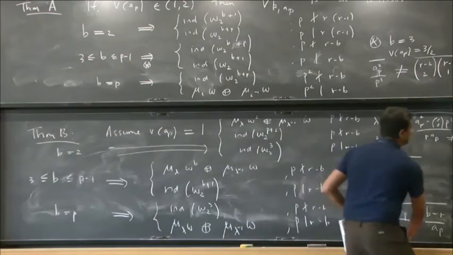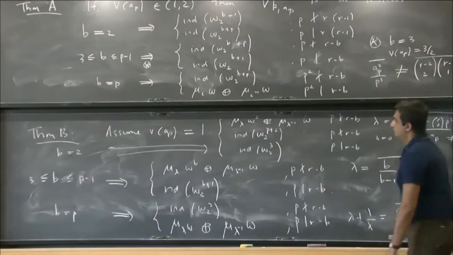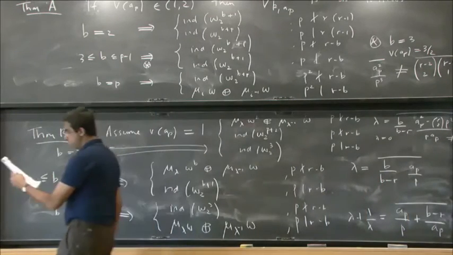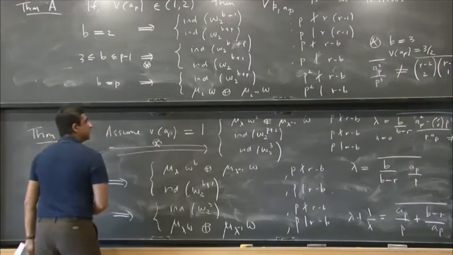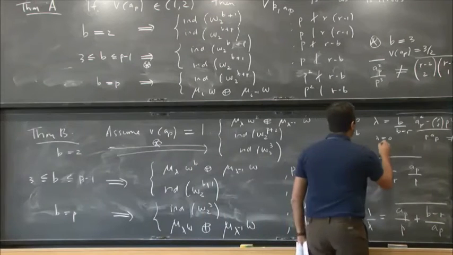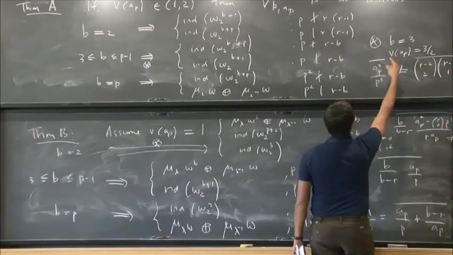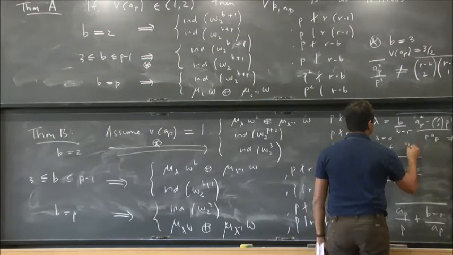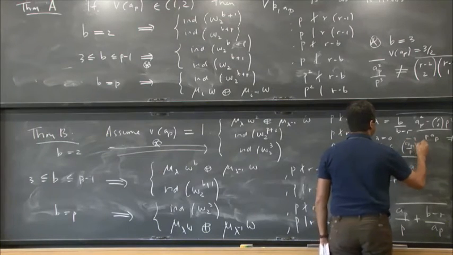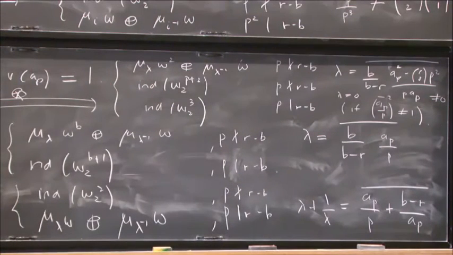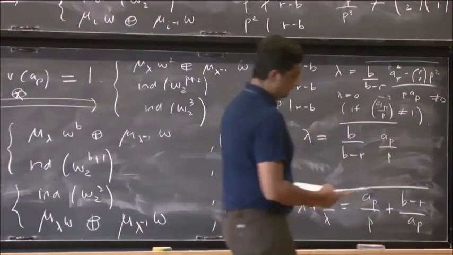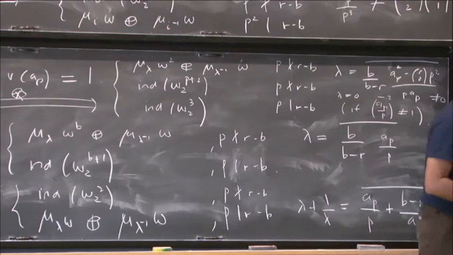Oh, I should say there's a small hypothesis again, P distinguished hypothesis. And that happens when B is equal to 2. Let me put a star here. So in this last case here, this is if there's some kind of P distinguished thing here. This is if AP over P squared bar is not equal to 1. Okay, so just in that one very special case, we want AP over P bar not to be plus minus 1. Otherwise, okay, so